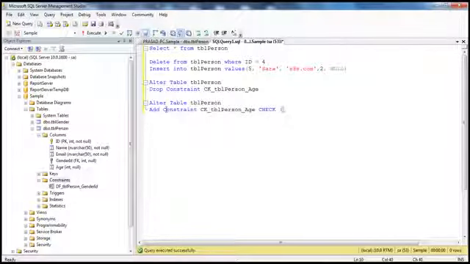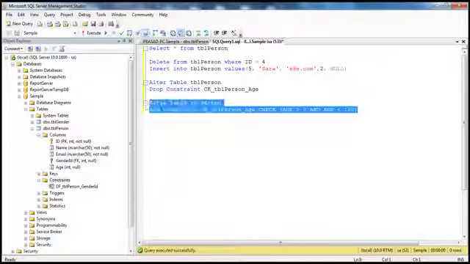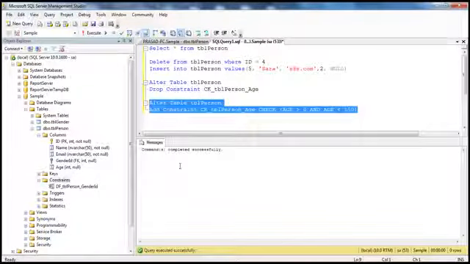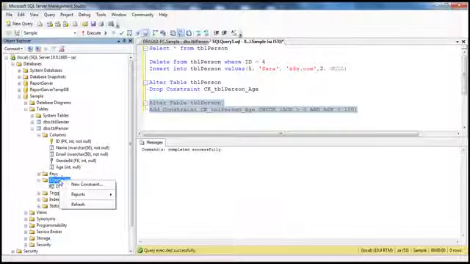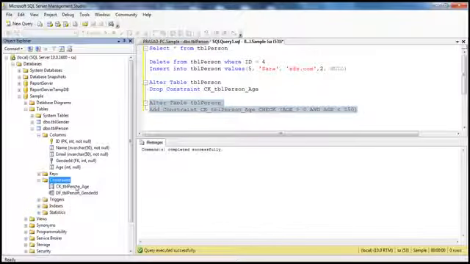And within the parentheses, we have to specify the Boolean expression. What should be our Boolean expression? We don't want to allow values for age less than 0 or greater than 150. So age should be greater than 0 and age should be less than 150. That's it. So I press F5, command completed successfully,